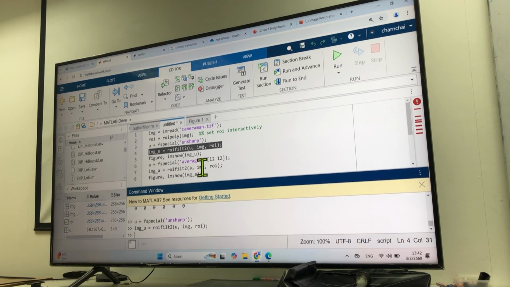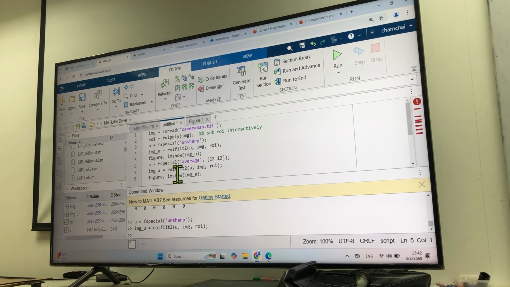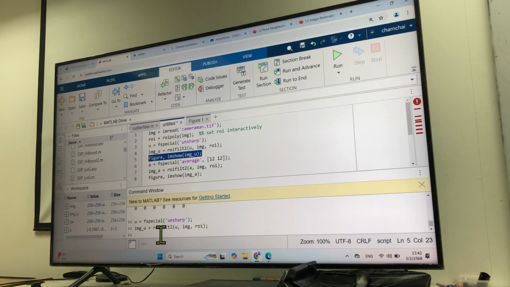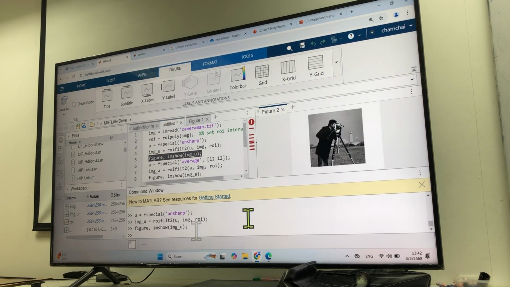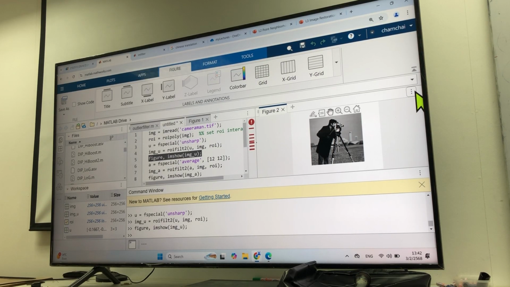So you got the averaging filter. It may take a while, okay. You double click and wait for it, and we do apply the ROI filter too, and then imshow. Okay, and if we maximize this,